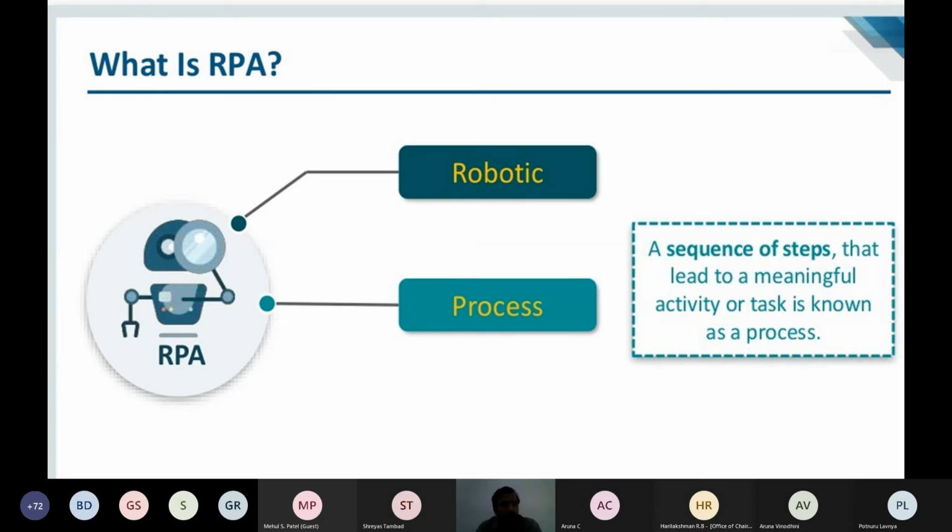So what are the steps involved in making a tea? First we'll boil some water. We'll add sugar. We'll add tea leaves into it. Then we'll add milk and at the end sugar if necessary. So these are step-by-step processes. These are a sequence of steps, which at the end lead to a meaningful activity, which gives you a tea. So this is a process as such.